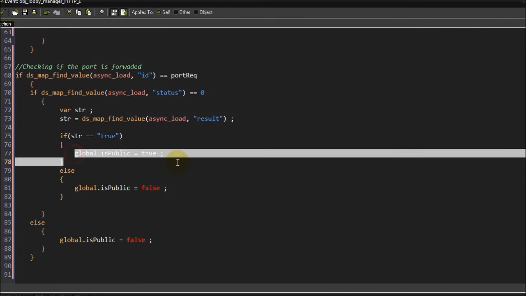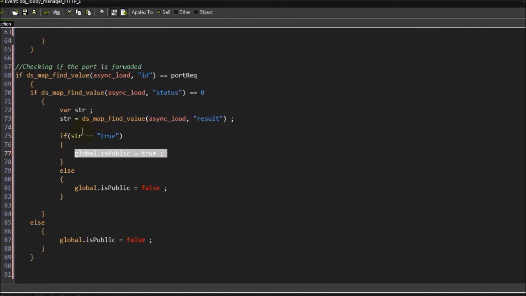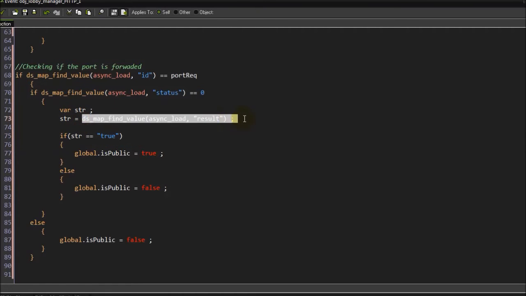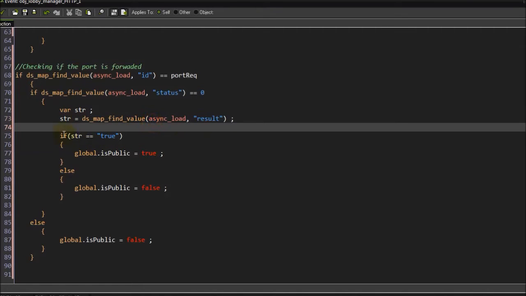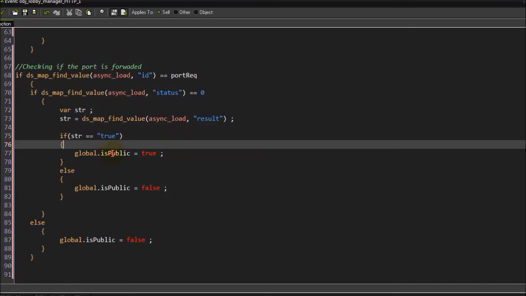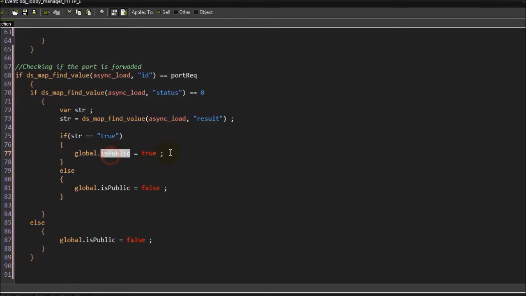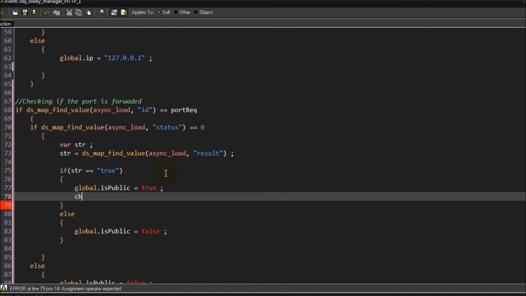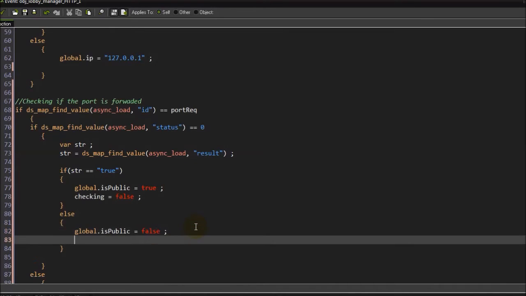So basically what I did here is just to check the result that we get from the API, and if it's true, then we can make a public server. And that reminded me of one thing, so chicken equals false here, chicken equals false too here,